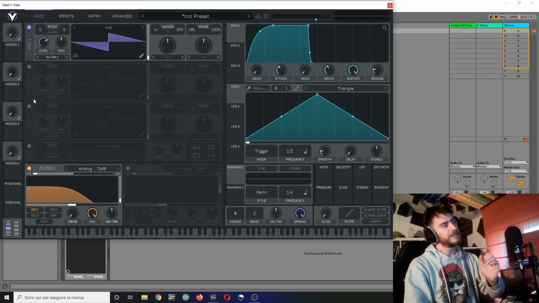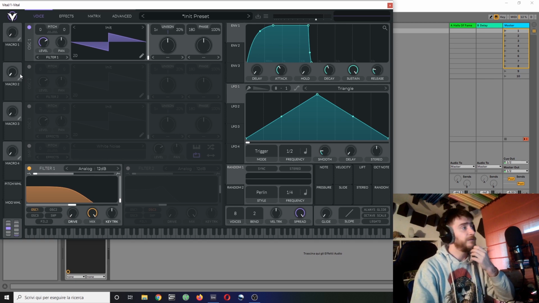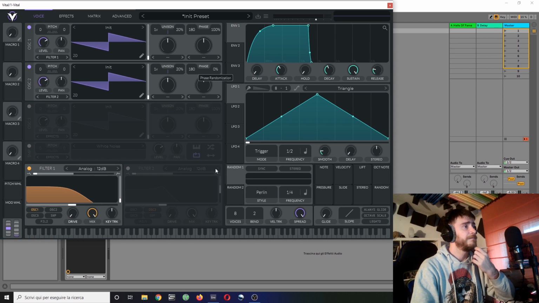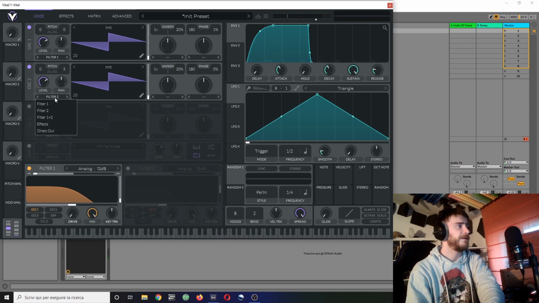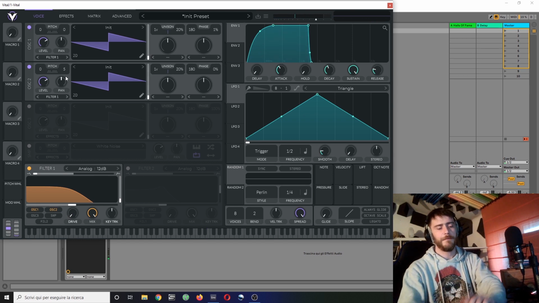But I'm going to take a more old-school approach and wonder, what if I cannot use unison, or if I don't want to use unison? Well, one way is just having another oscillator and making sure it's not perfectly tuned to the first one. I just removed the phase randomization because at least I want timbral consistency. Then let's say I'm getting a little bit of detune here, and I have to send this to filter 1, or it will just buzz around. See, we have something slightly better, but you can hear this